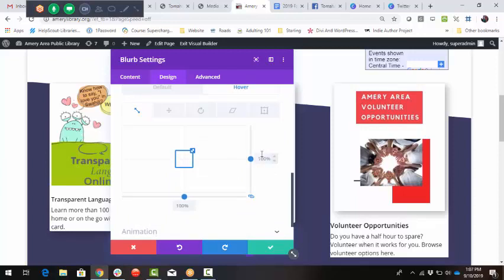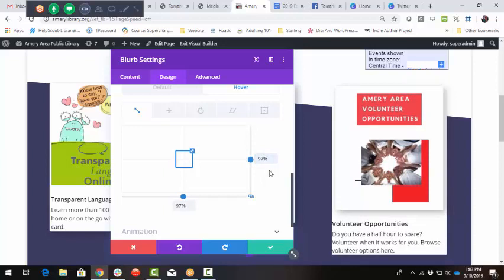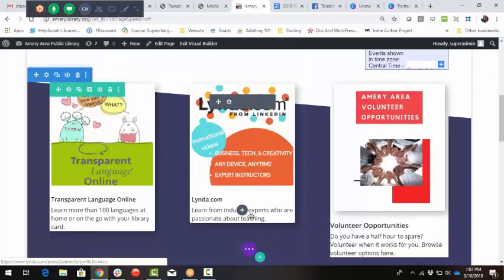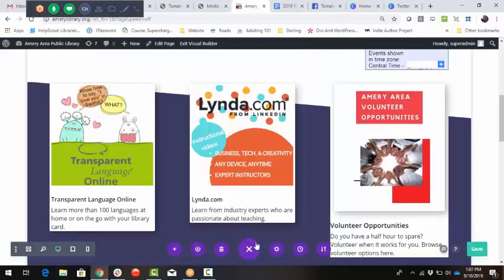And now I just know this after experimentation that to make it give the effect that I want, I just move this transform scale to 97%. So that means when I hover over that item, it's going to shrink just a touch. The other thing we can do, we can play around with all these other options, but first I'm going to show you this option. So I click save, I'm going to click the purple setting icon and find the second